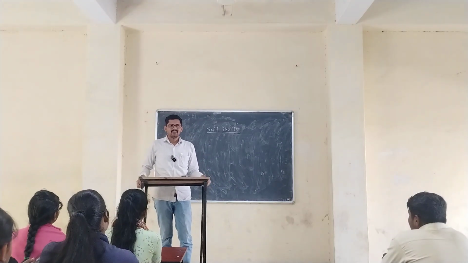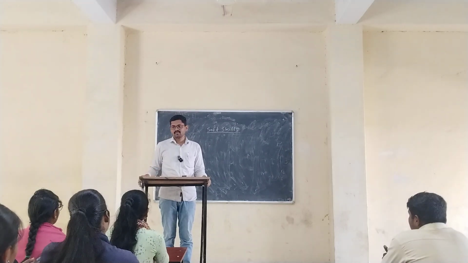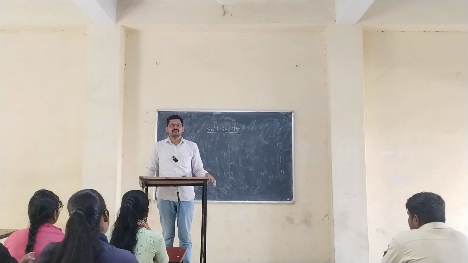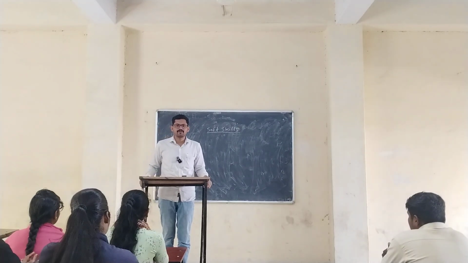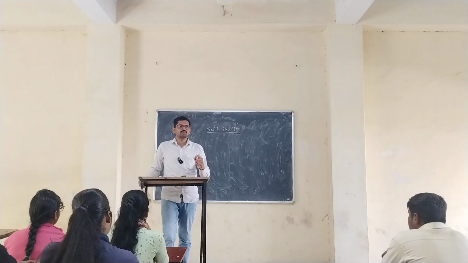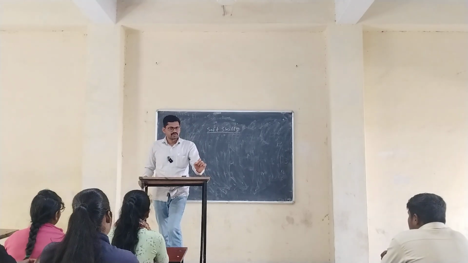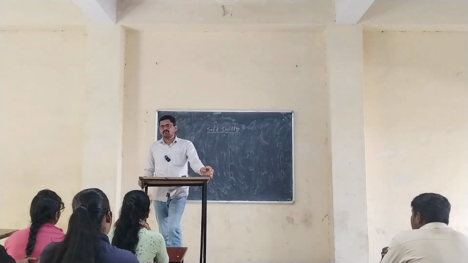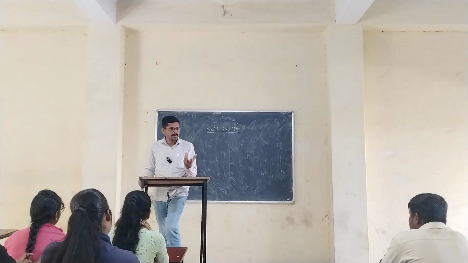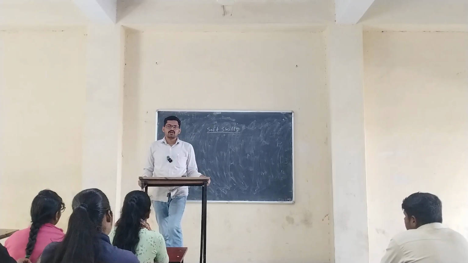So good morning students. In the last lecture we discussed letter writing. There are two types of letters. The first one is the formal letter and the second one is the informal letter. Formal letters are called official letters, which are written to officers or authorities. Formal letters are written for making a complaint, for applying for jobs, so they are also called letters of application. And formal letters are also sent for informing something, for giving information.